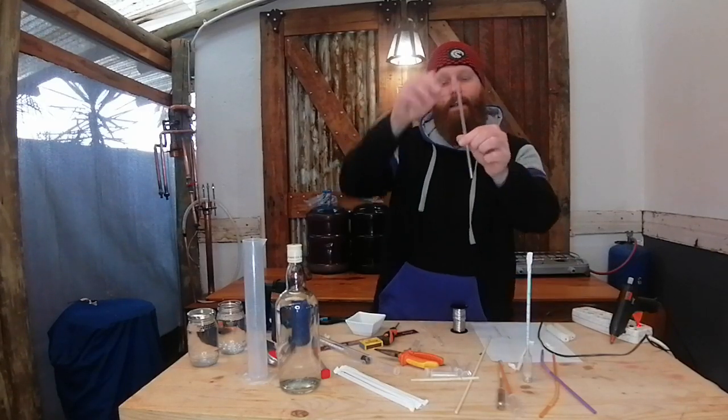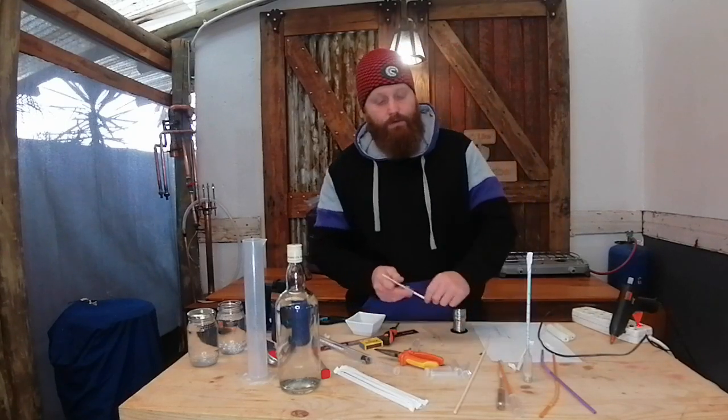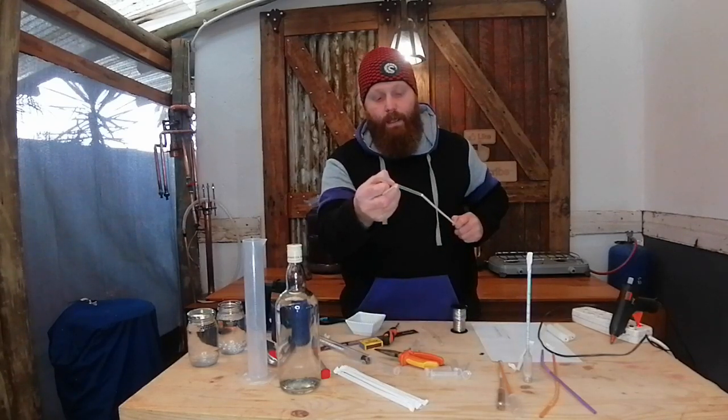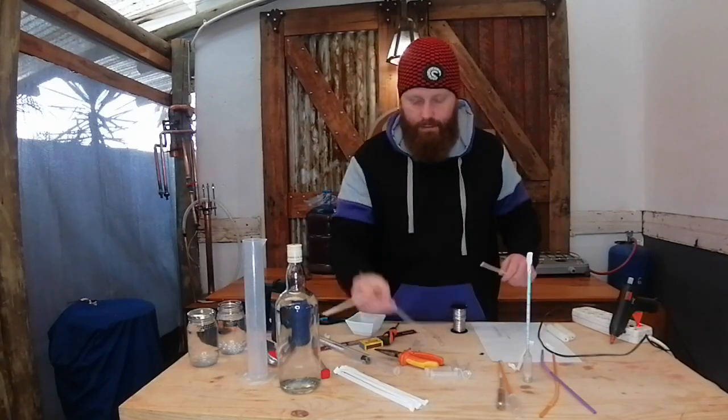I will want the clear one so I can read the scales, and then I will be using a dowel stick to just stiffen this area where the scales will be, so it is a little bit more rigid. Okay,